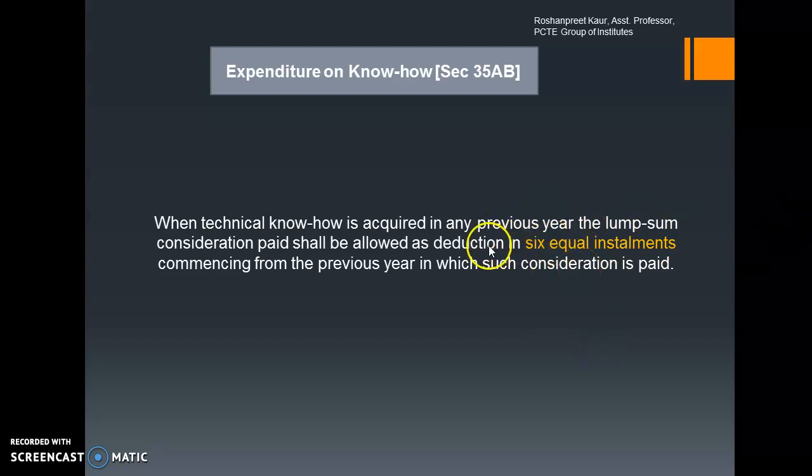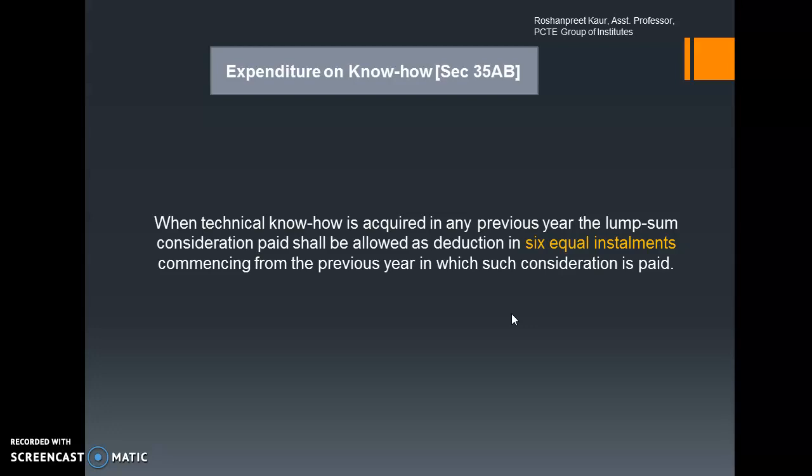So it is deduction in 6 equal installments commencing from the previous year in which such consideration is paid. Suppose in previous year 1920 the payment has been made, then starting from the previous year 1920, in 6 equal installments, it will